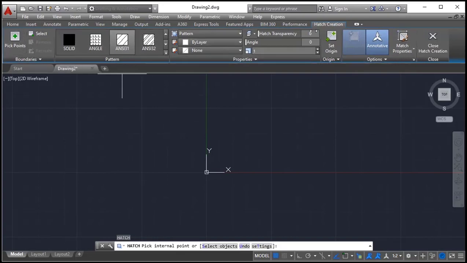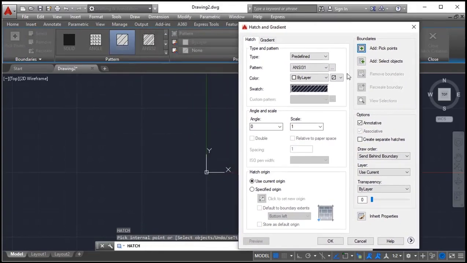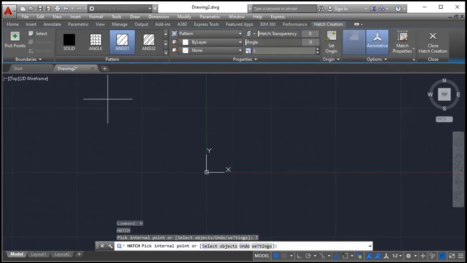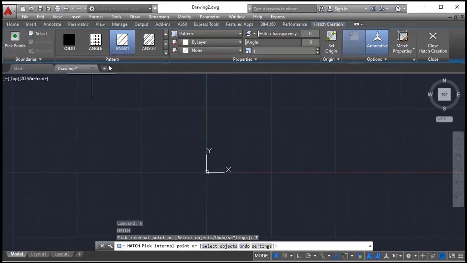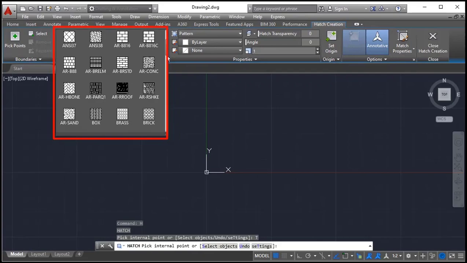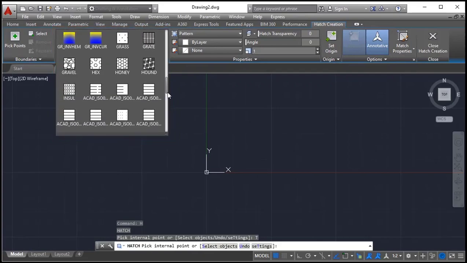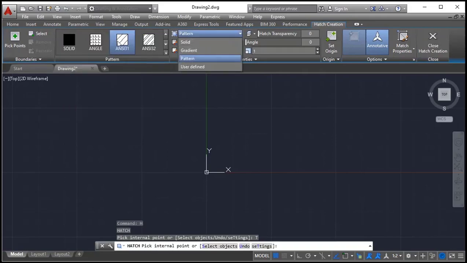Right away it will display some options over here, and you can find some options over here also. If you click on settings, it will pop up a window. The options you are seeing here will be the same as those furnished over here. So let's see them one by one. First of all, it is showing boundaries, and there are pattern options, and properties, origins, and some other options. Majorly, if you click here, different types of hatch patterns will be available, and some gradient options also. If you click pattern, it will display hatch patterns.